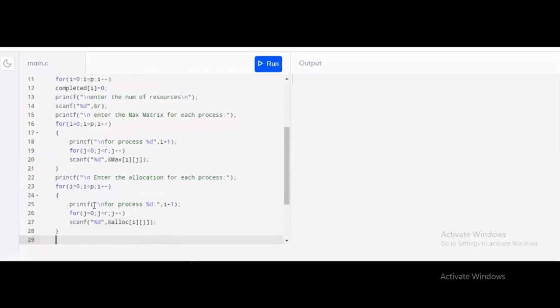The next step is we have to enter the available number of resources. So I will enter the available number of resources from the user. I'm using a printf statement, printf, enter the available resources.